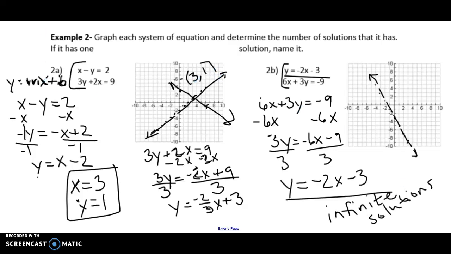All right, so now you should be a little bit more familiar with systems of linear equations and some different types of solutions you